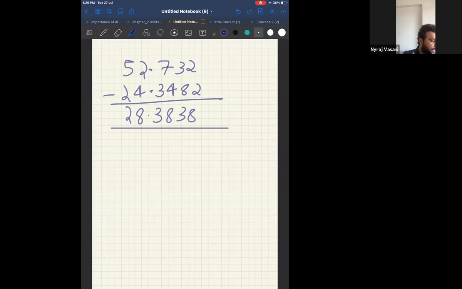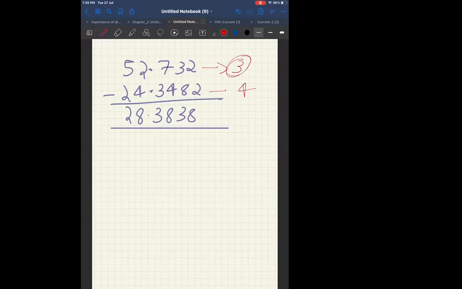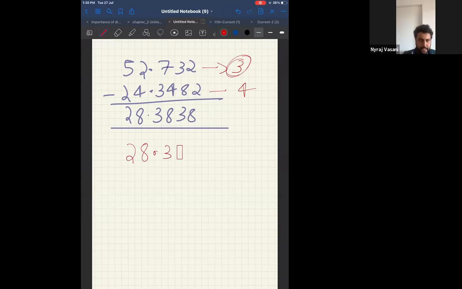Okay. Now, again, when I apply the rule, can I say in this number, I have 3 places after the decimal? Here, I have 4 places after the decimal. Therefore, which rule will be applicable? Which is having the least? That is 3. Correct? Therefore, my answer also should be rounded off to 3 places. So, 28.38. Correct? Now I have to take it to 3 places. Now can I say I am dropping this number? Okay. So can I?